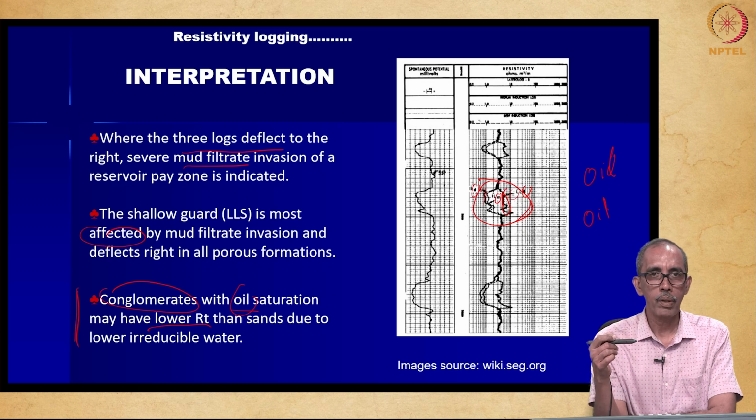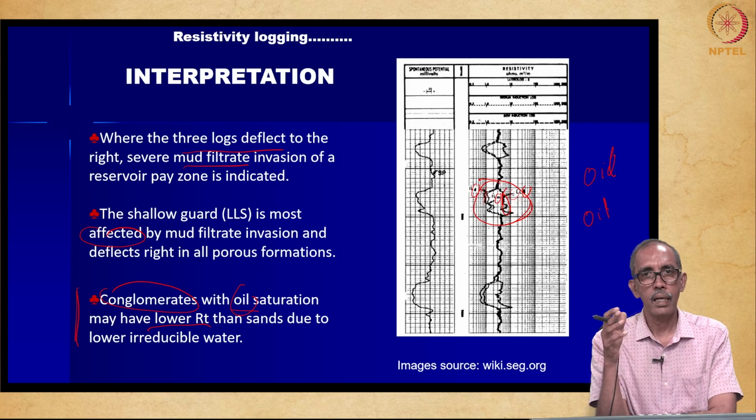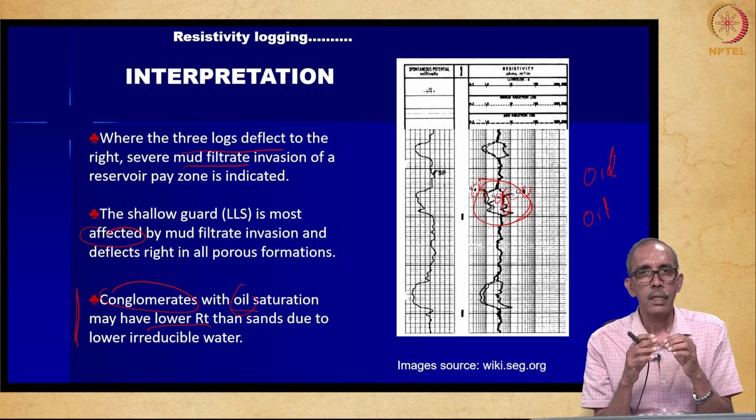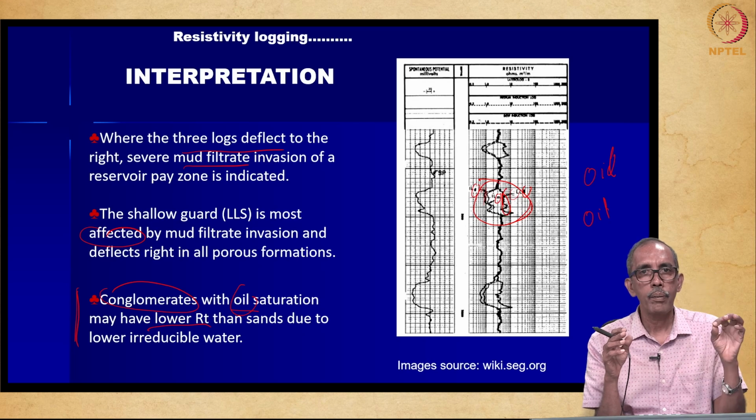What is irreducible water? The formation, after its formation, is likely to be filled with water. Subsequently, beneath the surface, oil might have got generated. So, initially gas escapes, tries to push the water, then gas transforms into oil. Oil tries to push the water away, but in spite of the effort of oil, still the formation will have